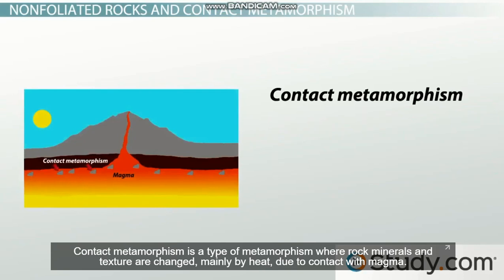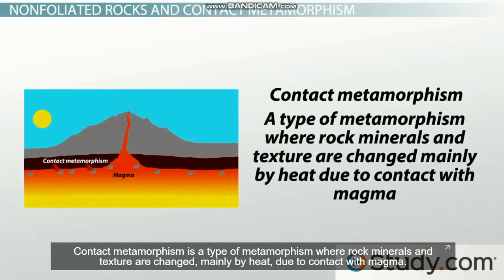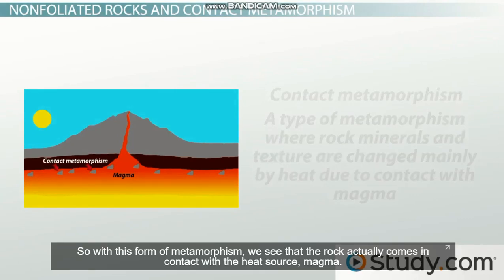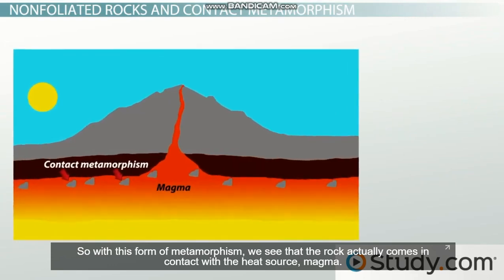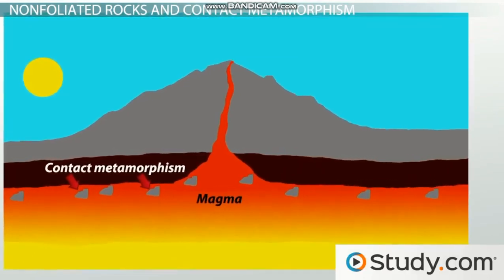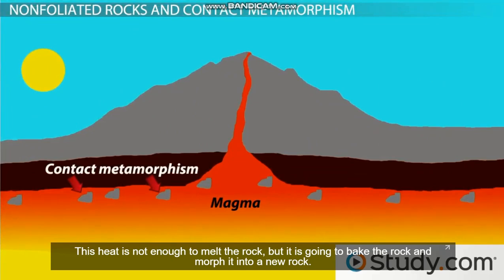Contact metamorphism is a type of metamorphism where rock minerals and texture are changed mainly by heat due to contact with magma. So with this form of metamorphism, we see that the rock actually comes in contact with the heat source, magma. This heat is not enough to melt the rock, but it is going to bake the rock and morph it